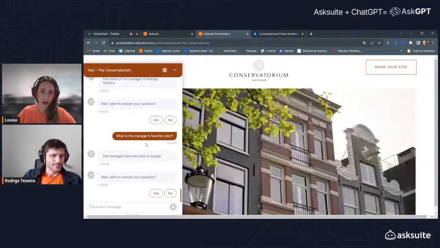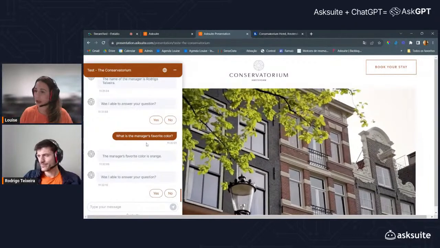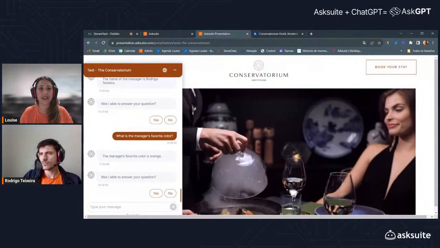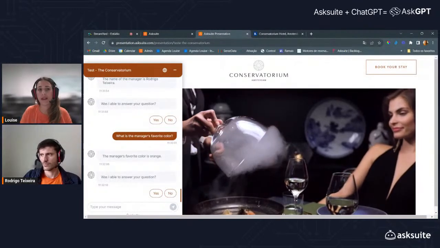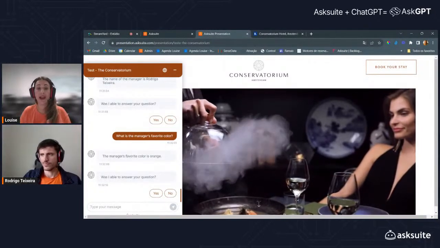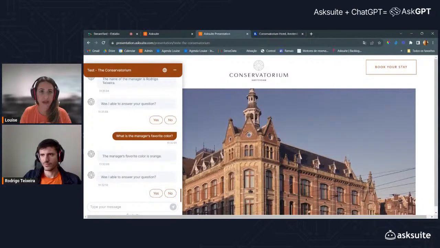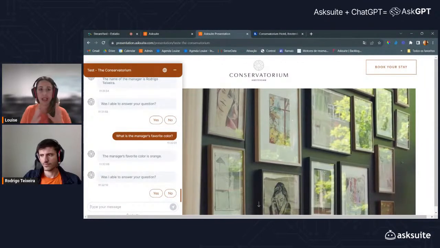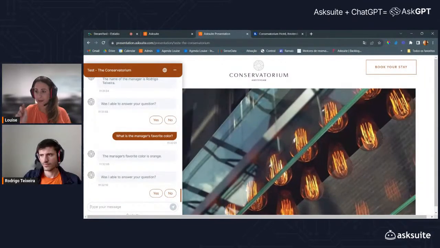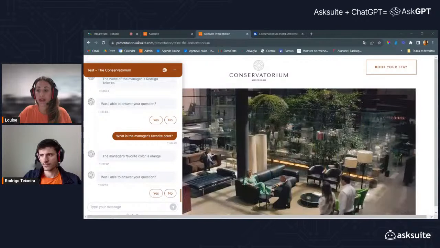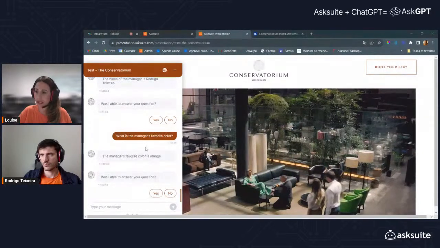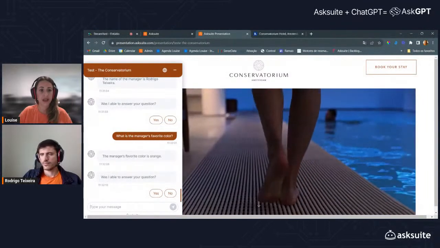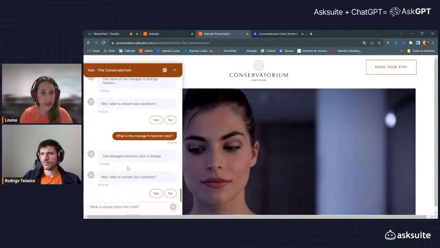So we have lots of examples here, right? Just by adding the AskGPT integration, by adding information on the questionnaire menu, by reading information that you guys have available on the Teach Robot feature, by adding info on the AskGPT training tab. And now I'm going to show you that you can improve or embellish an answer that was provided by the AskGPT integration. So if I ask the robot something like, what is unique about this hotel?